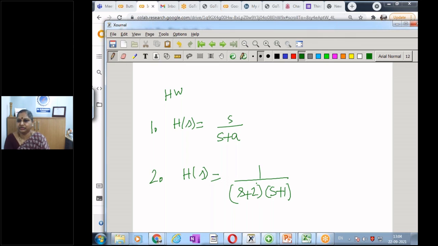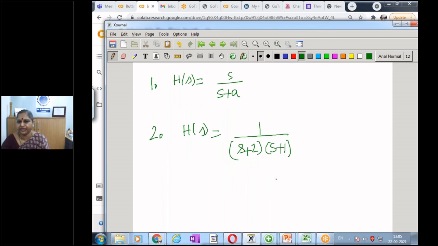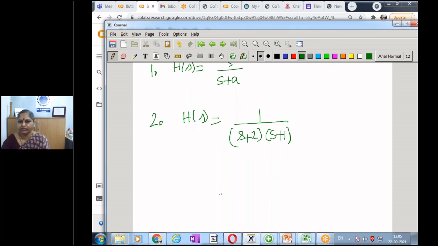So any doubts? So then my question or homework, can you try this? You want a hint for solving this problem? At least try this. The first part you leave it. At least this one problem you can try. You want any hint, or you can do it? Will you be able to do it?